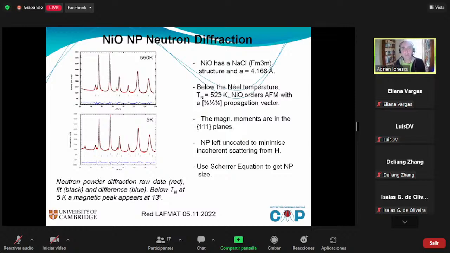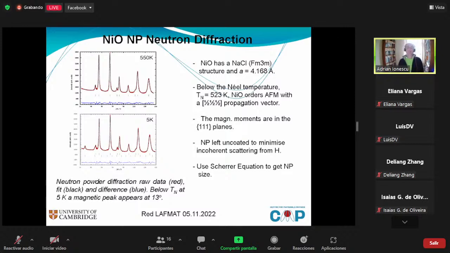To be a bit more precise, nickel monoxide is an antiferromagnet, as I said, and has a sodium chloride structure for most of the time. Once you cool it below the Néel temperature, there is a slight tendency to move away from sodium chloride, but by and large, it is still the sodium chloride structure. The Néel temperature is 523 Kelvin, so the measurements at 550 were clearly taken above, and those at 5 below the antiferromagnetic ordering. The moments are in the 111 plane in nickel oxide,